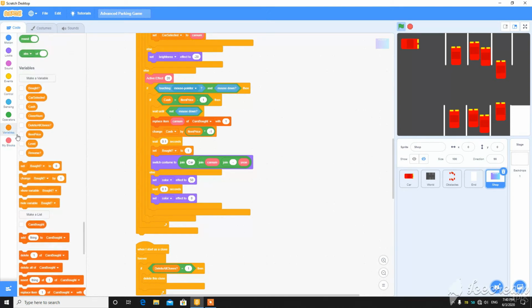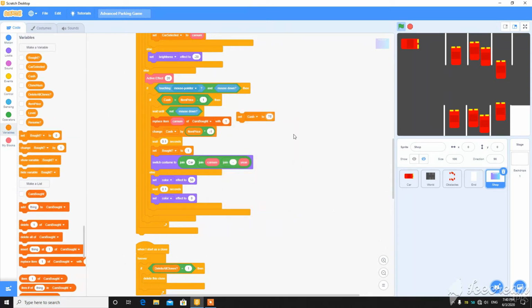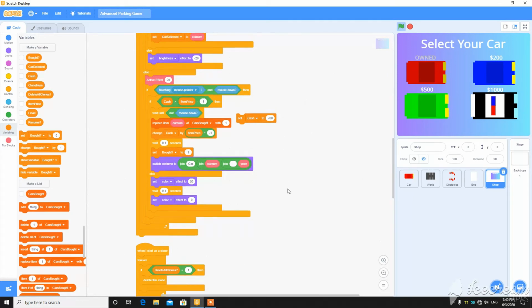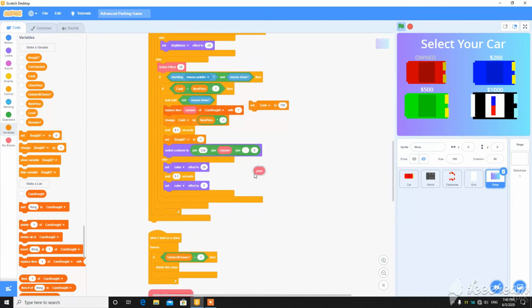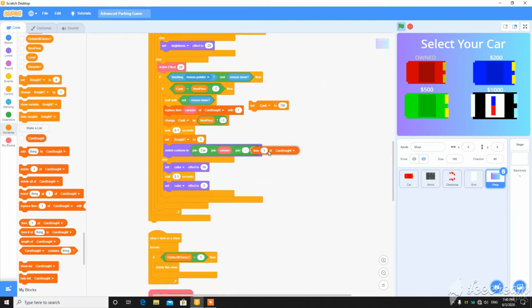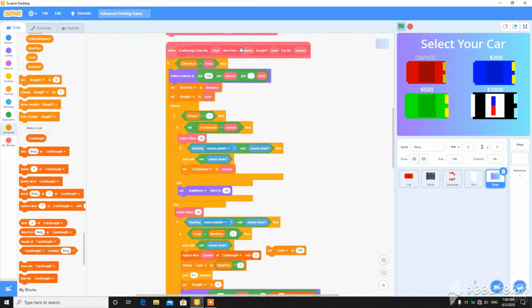Now let's start and set the cash to $700. Press the up arrow key, and when I buy it, it still doesn't show that. So we have to remove this and put the item number of car spot to the car number.